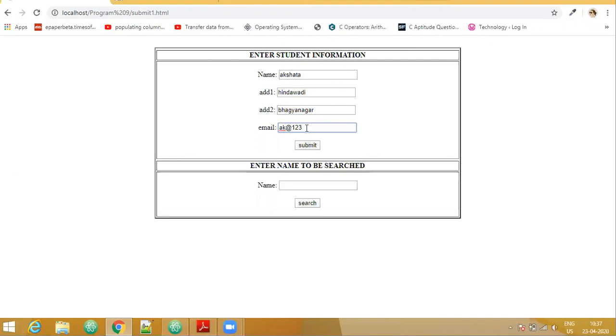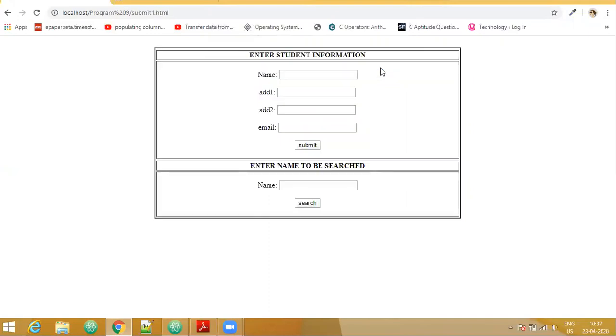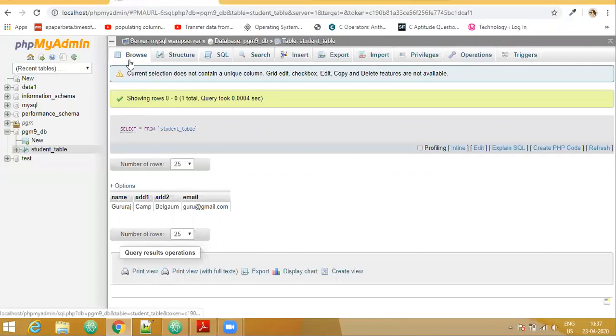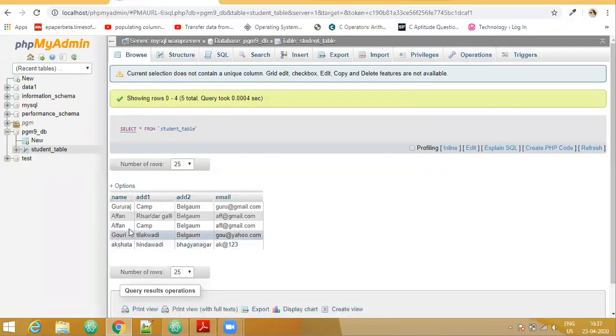So you can see here I have not given the actual email address, but still it is going to be submitted since there are no validations. Now let us check the database. Just refresh this. So we can see here it has been updated.